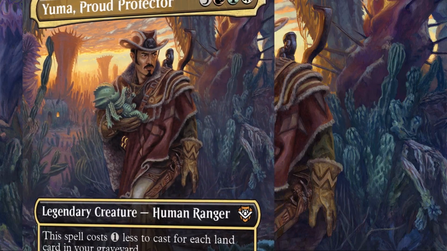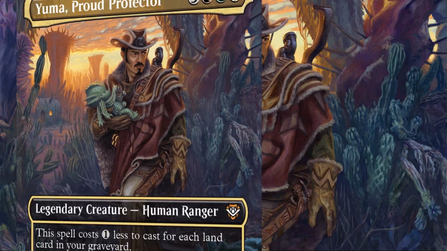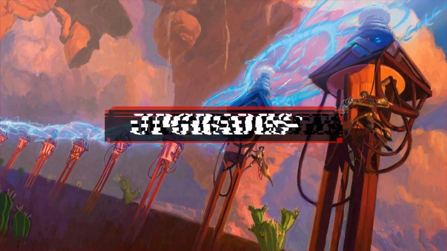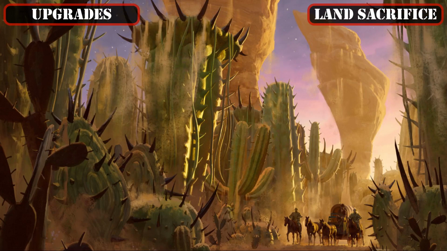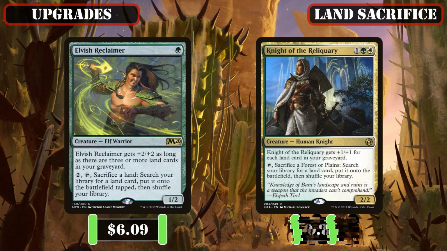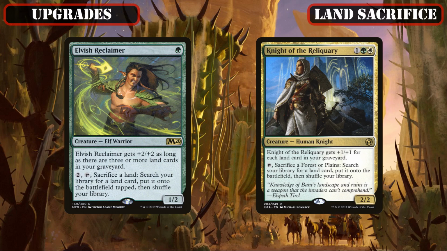So, now that we know a bit more about the commander and playstyle, let's jump straight into the upgrades. Starting things off with a fresh wave of land sacking effects to help proc Yuma and get lands into our bin to be recurred or reanimated, we'll be cutting Satyr Wayfinder and Crawling Sensation, both of whose indiscriminate graveyard setup via discard and mill respectively run too high a risk of hitting our playmakers rather than just our lands, so we'll be replacing them with Elvish Reclaimer and a Knight of the Reliquary, which instead allow us to repeatedly sack